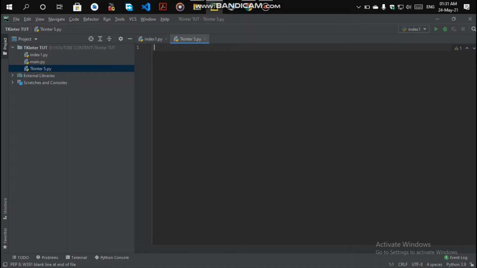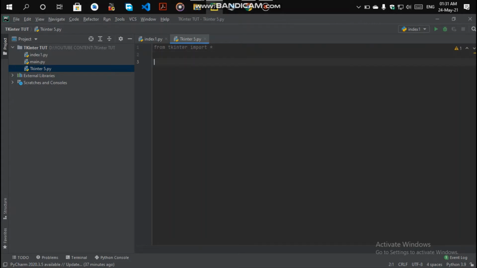Before talking about the next widget, like resize, title, max, min, first of all let's create the basic GUI window for any application. We are going to import the Tkinter module of Python. As I have already told you, to import the Tkinter module you don't need to do anything special, just write from tkinter import star. Star stands for everything, as I already told you in the previous video. If you have not watched it, then go and watch that video first.